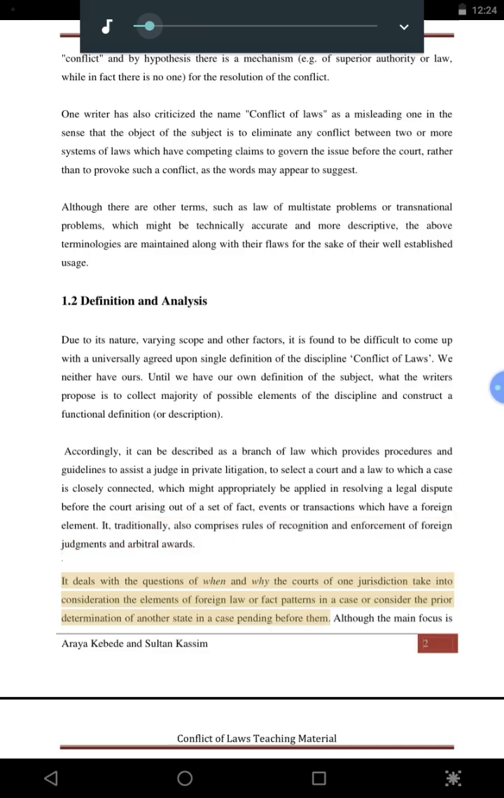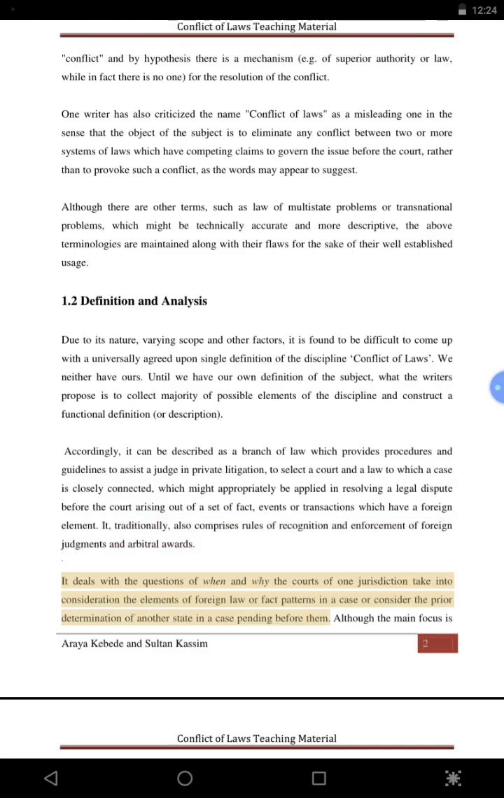It deals with the questions of when and why the courts of one jurisdiction take into consideration the elements of foreign law or fact patterns in a case or consider the prior determination of another state in a case pending before them. Although the main focus is